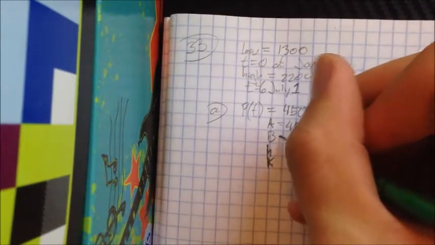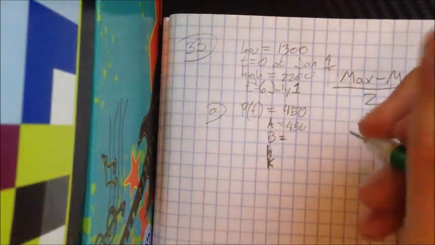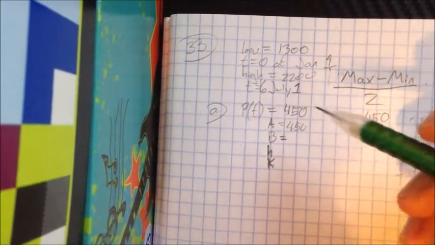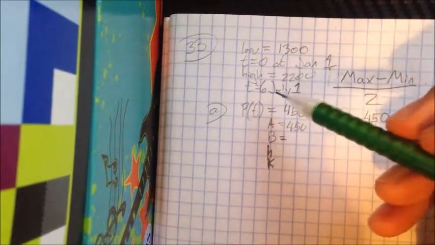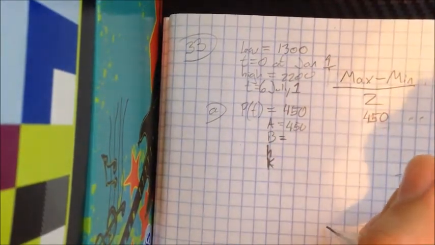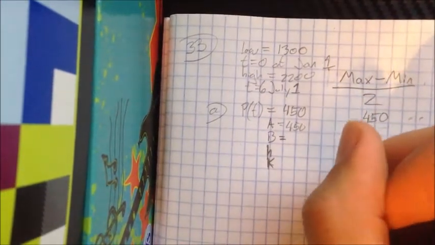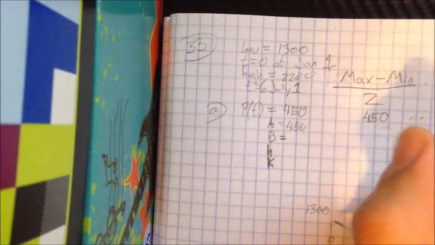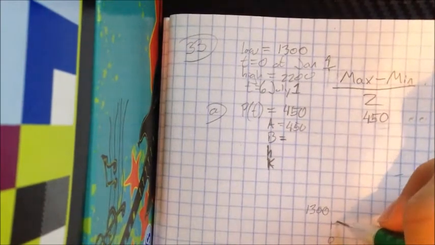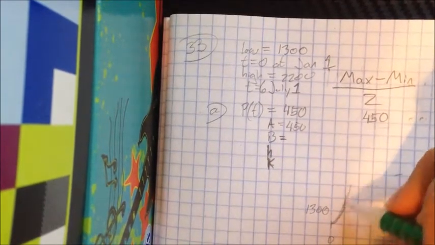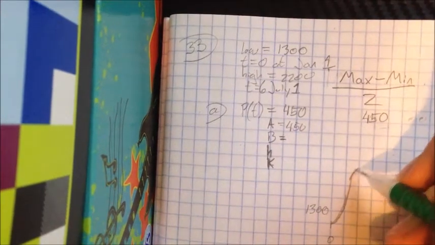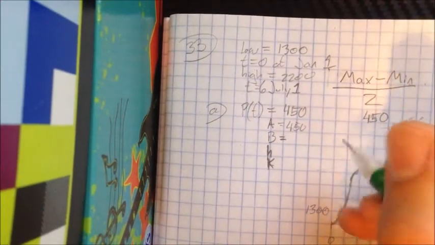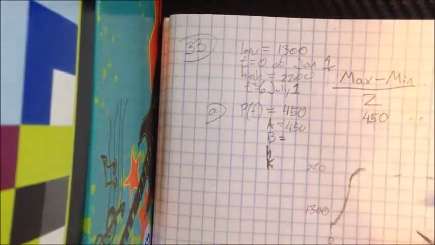Okay. Our B. We're given P of 0 and P of 6. I'm going to draw a really bad sketch. So at 1300, this is t equals 0, right? So 0, 1300. We know that it's at its minimum point, and it climbs and reaches its maximum here, okay? So let's say that this is its maximum,